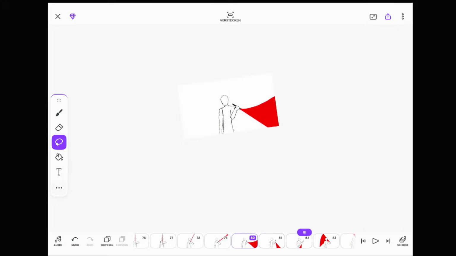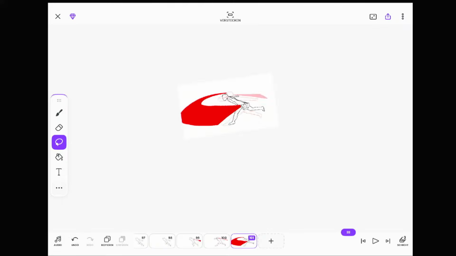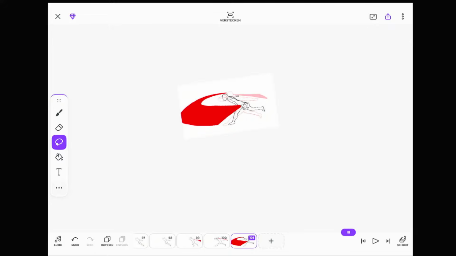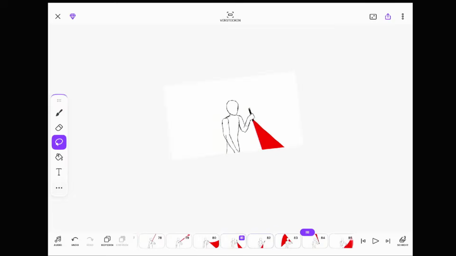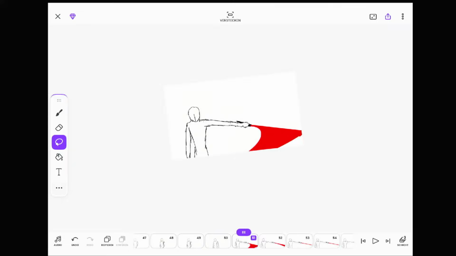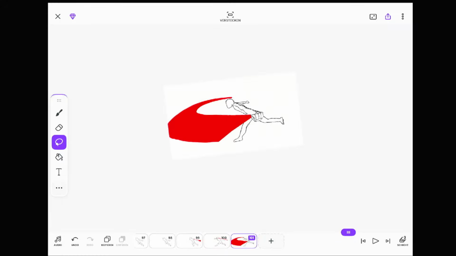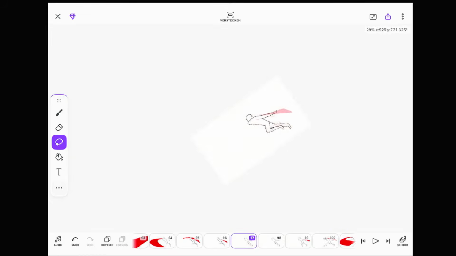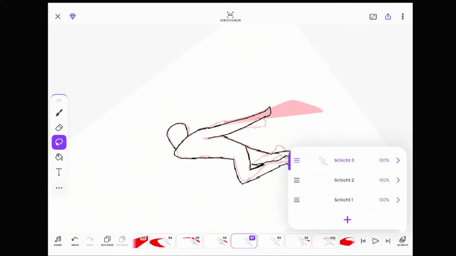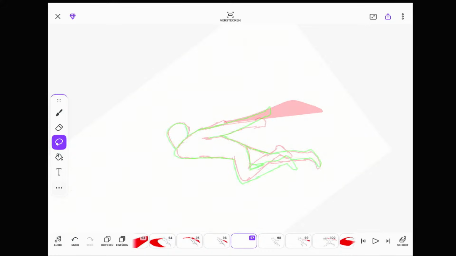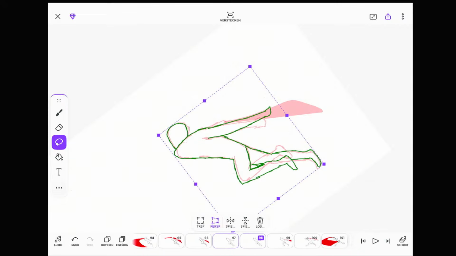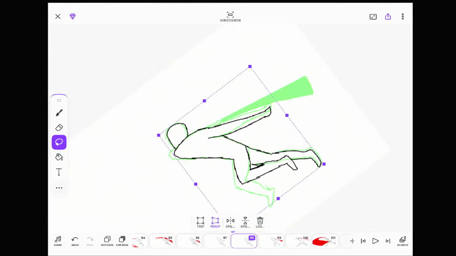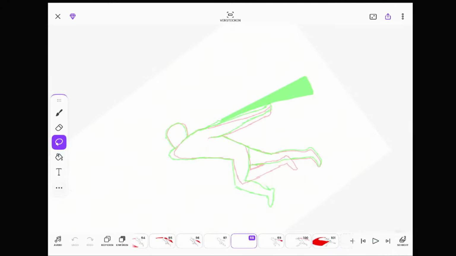So let's see how the swing looks. Looks good. Okay, now I also need to add in the lightsaber.